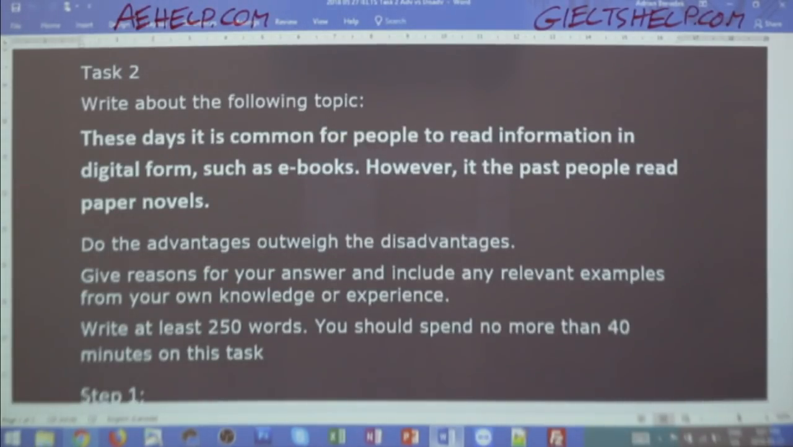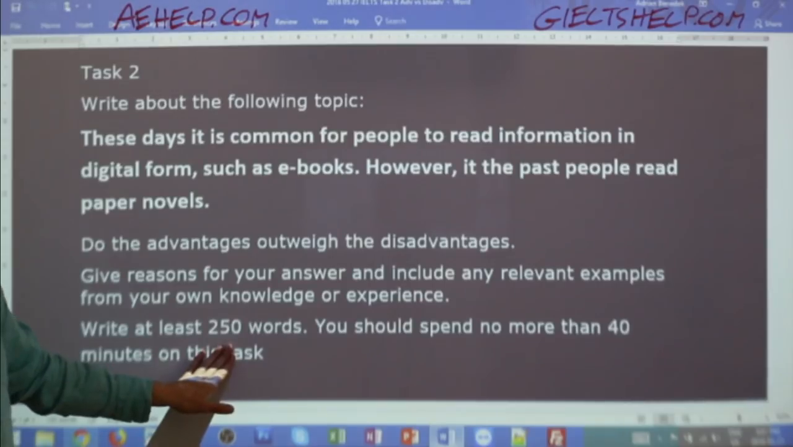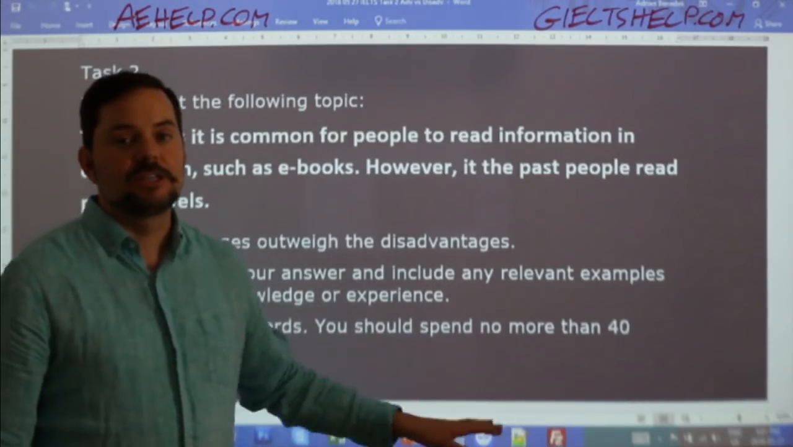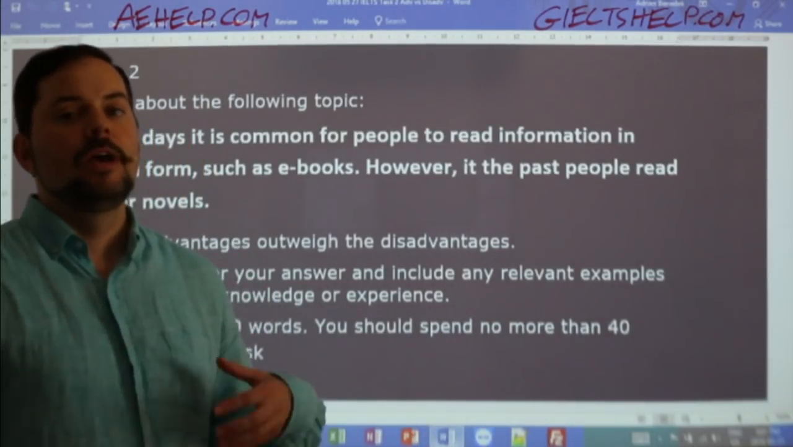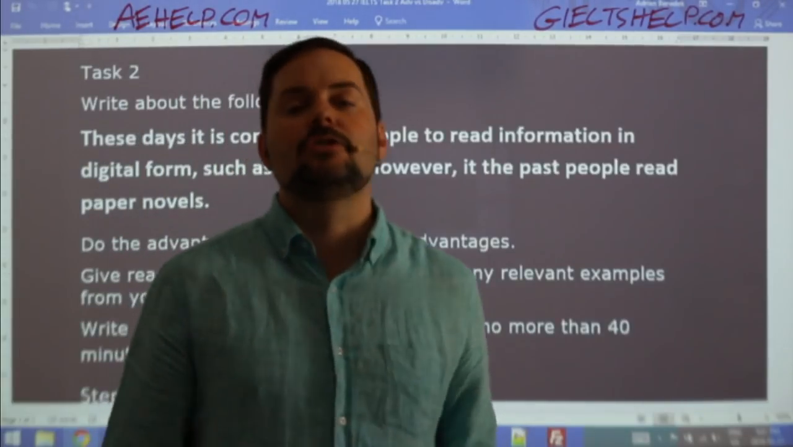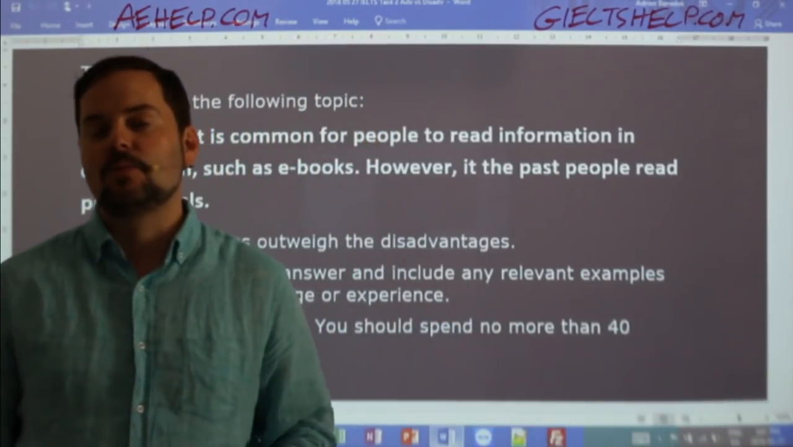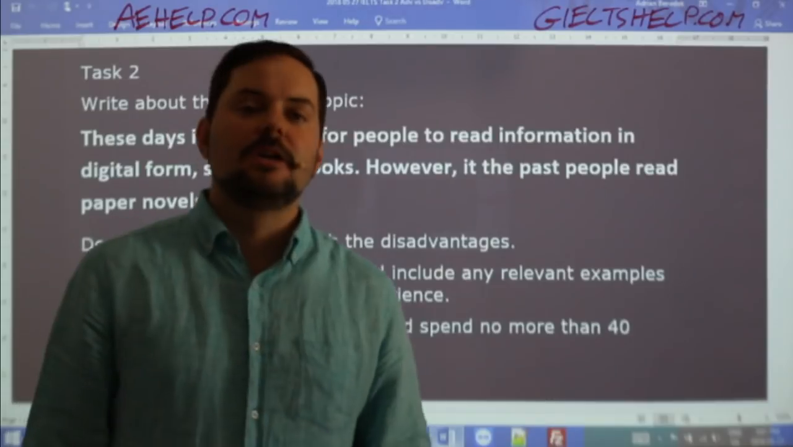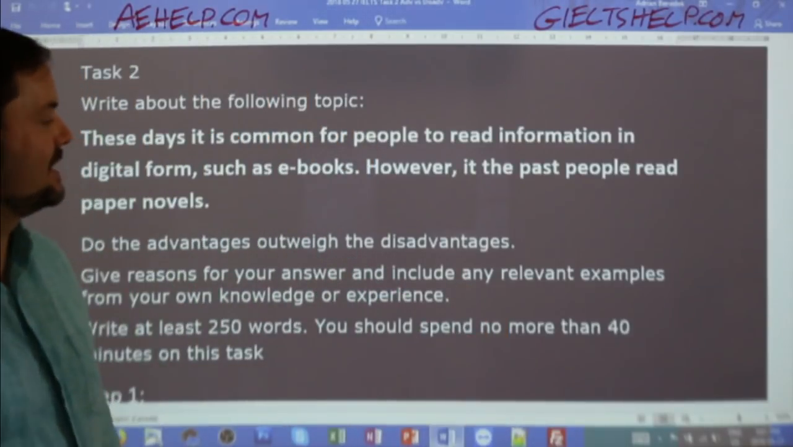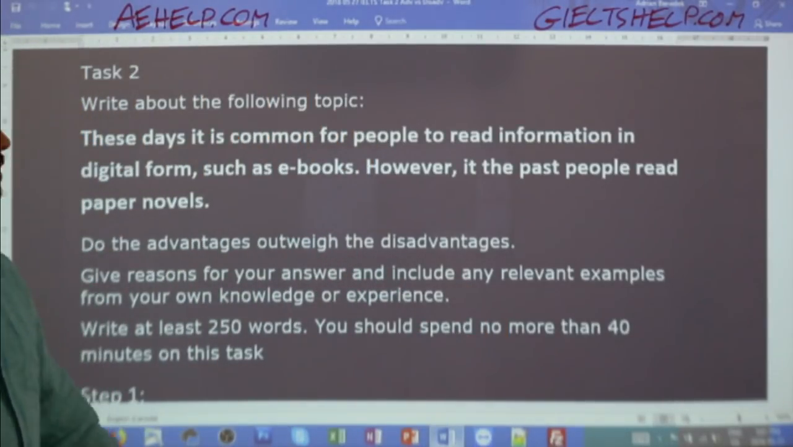Now, the minimum requirement, of course, is 250 words, and you have 40 minutes for this task. Make sure that you have 40 minutes for the task. Don't use up more time for task 1 than 20 minutes, because task 2 is worth about 65% of your total writing score. All right, so